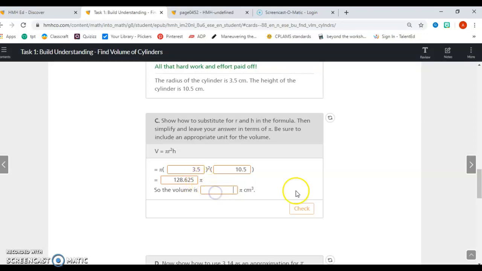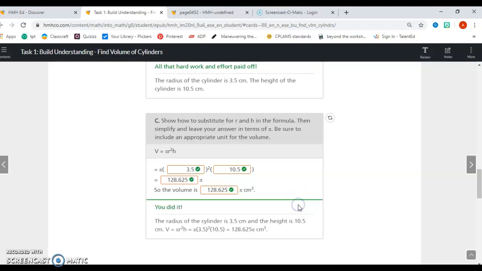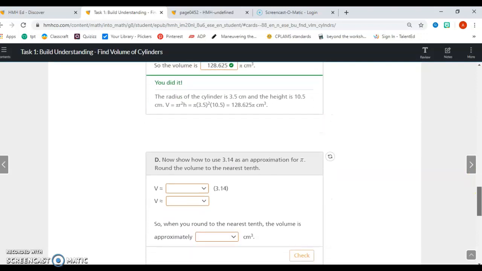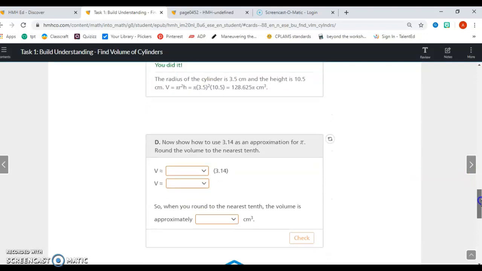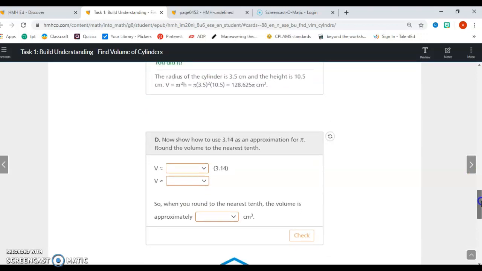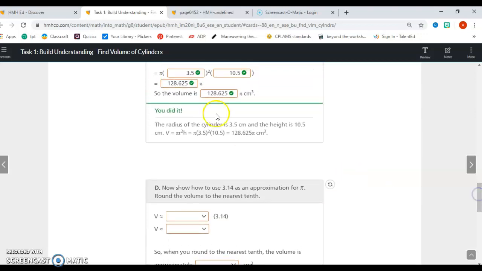128.625 pi, so the volume is 128.625 pi. Nice. Once again, this question is asking us to solve for the volume, but leave our answer in terms of pi. That means the symbol pi is in my answer. If we were to take it to the next step and now round our answer to the nearest tenth, that means we have to take that